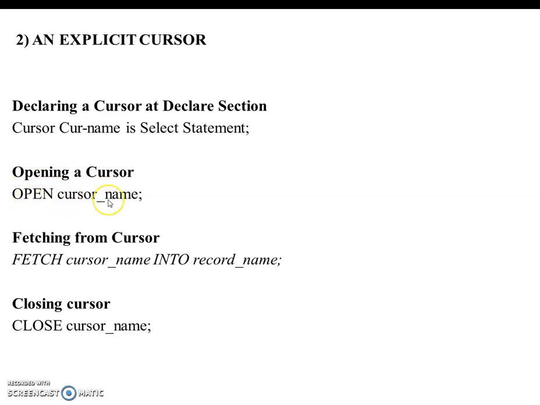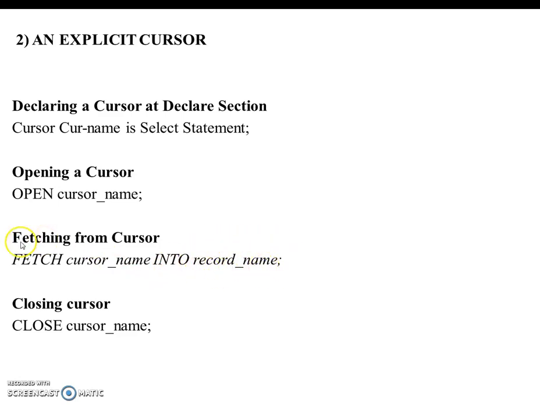OPEN cursor name. Then after opening the cursor, you need to fetch that cursor, and to fetch or access such a cursor, we have the statement FETCH followed by a cursor name, then the INTO keyword, and then we need to provide a record name or a variable name.